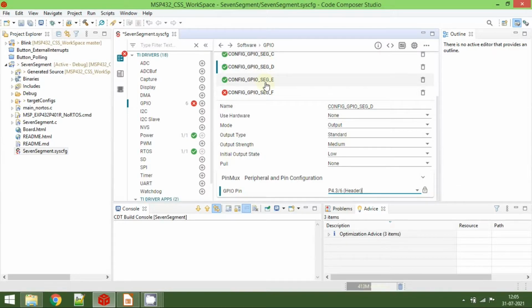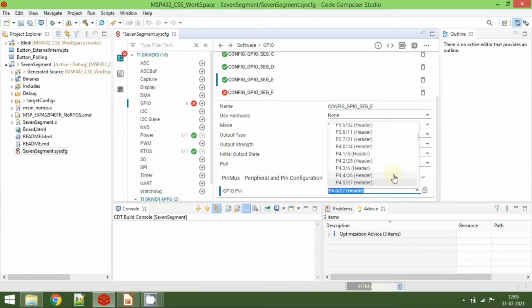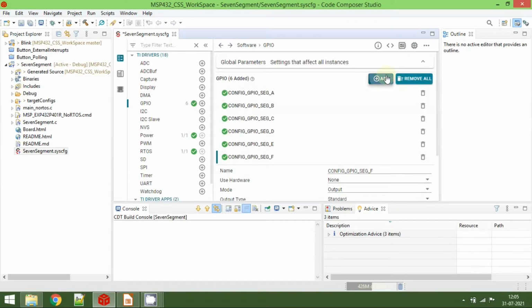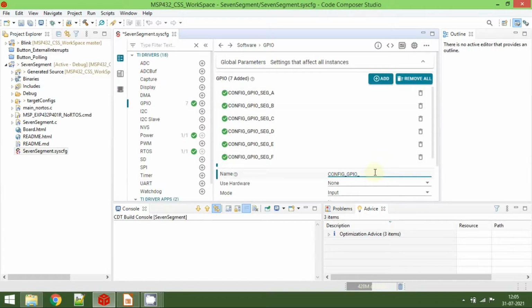And then E is a P4.4 and the F is a P4.5. Yes, and again we need to add one more instance. This is for G, segment underscore G,